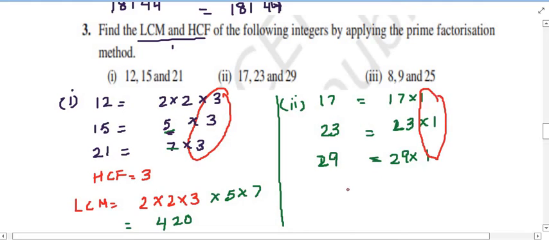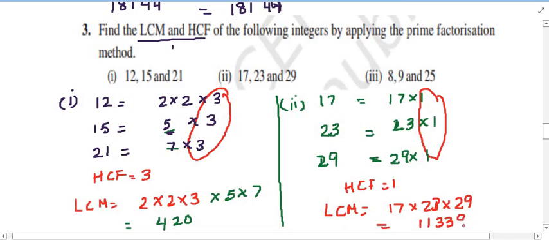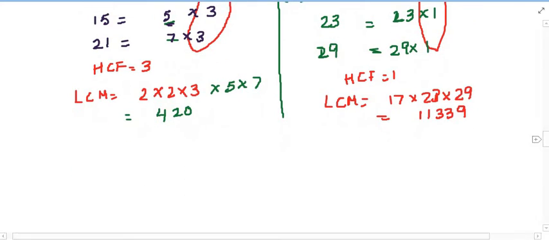So HCF is 1, and for the LCM, you just multiply all the 3 numbers, that is 17 times 23 times 29, and if you multiply all these, we will get 11,339. So it means if you have to find the LCM of prime numbers, just multiply the numbers themselves, you will get the LCM. Now in third part,